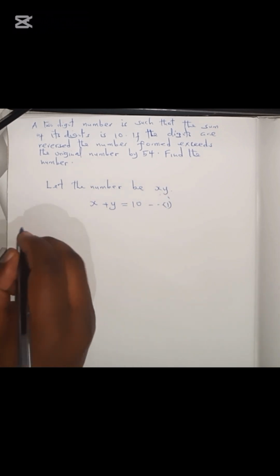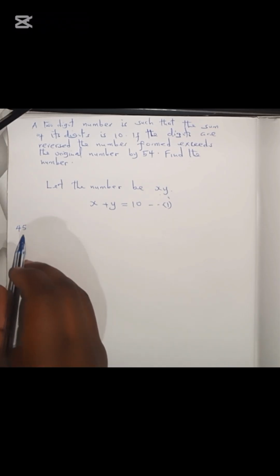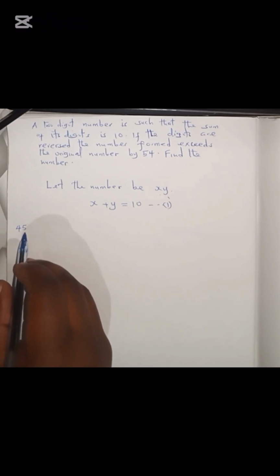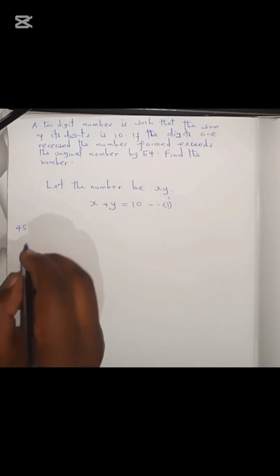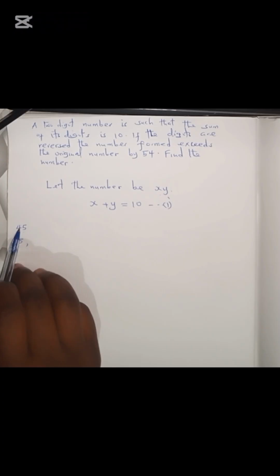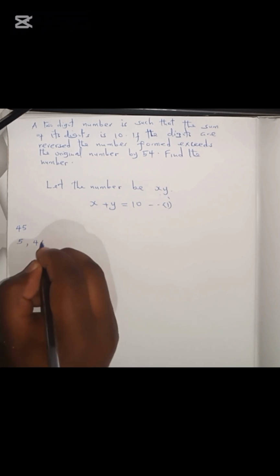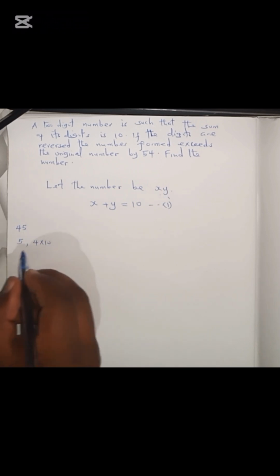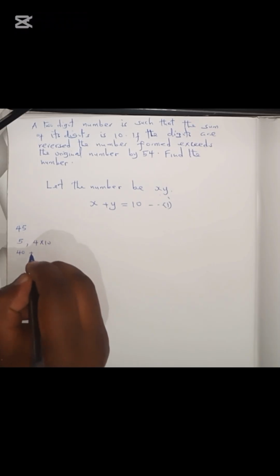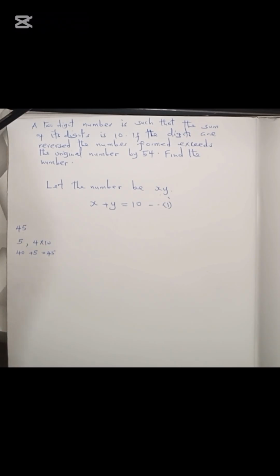For example, if you have 45 as the number, if you are told to get the total value of 5, then you take 5, which is the digit, then you multiply by the place value. So the total value of 5 in this case is 5. And the total value of 4 in this number, which is 45, is 4, which is the digit, then you multiply by the place value, which is tens. So we are going to have here 40 plus 5. So the value of this number is 45, that is 40 plus 5. So the same case